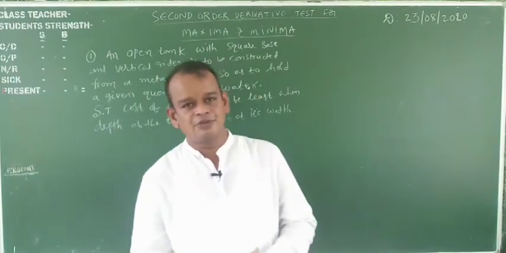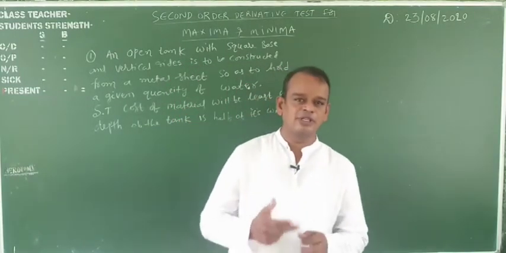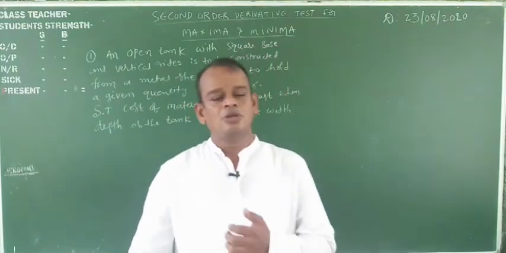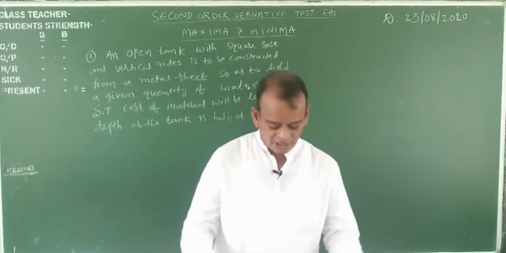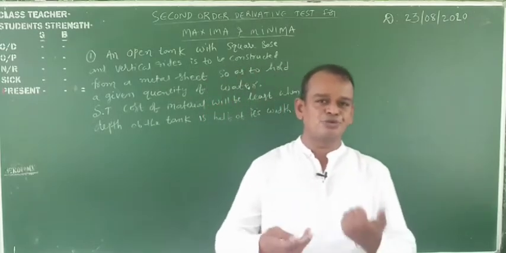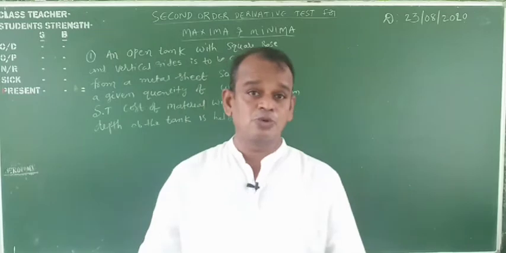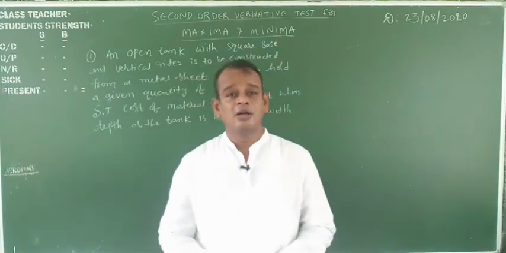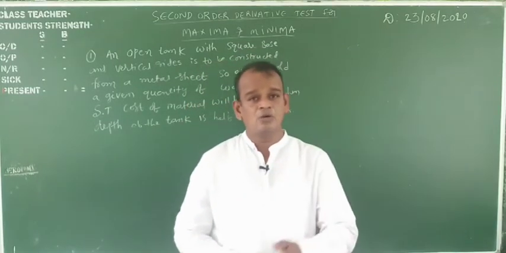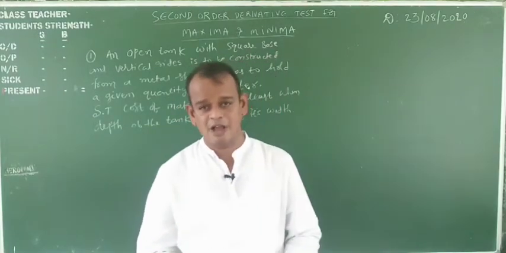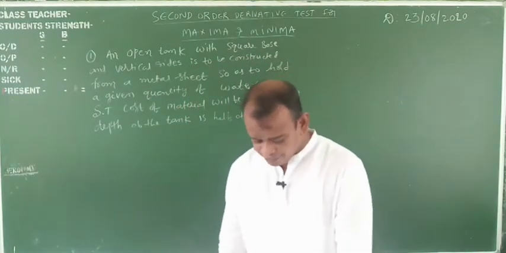Differentiate two times, and we will find the critical points. Those critical points mean the first order derivative is equal to 0. Those values, the x value or h value, whatever may be, you substitute in the second order derivative. If the second order derivative is negative, the function has a maximum value. If the second order derivative is positive, the function has the minimum value. Okay, my dear students, you know very well.